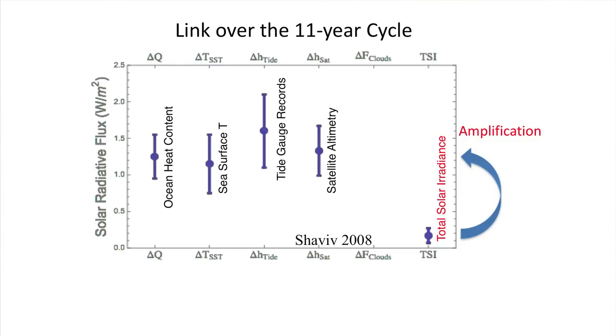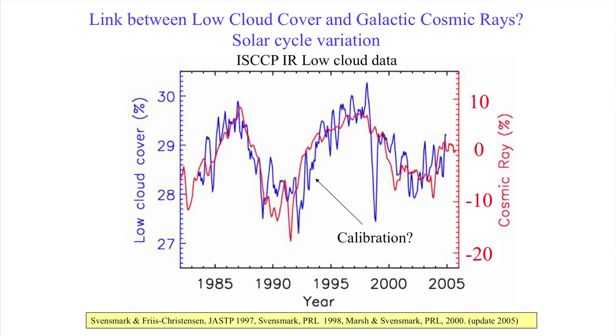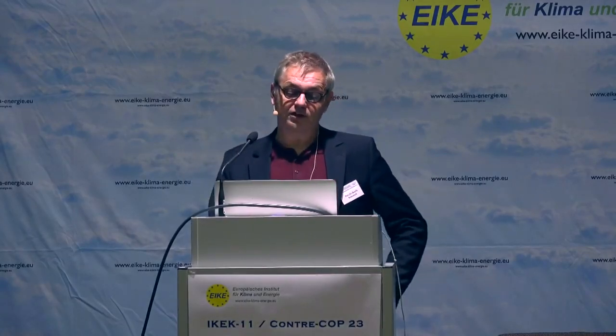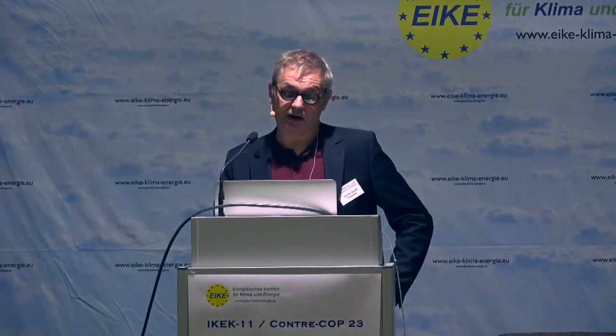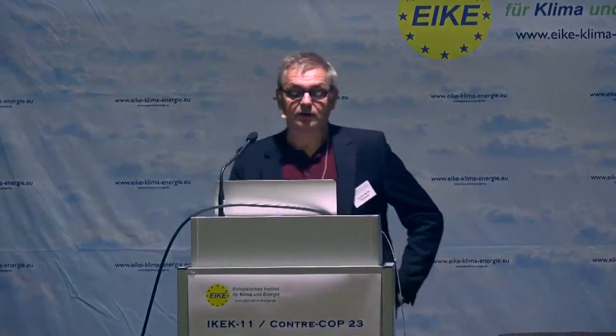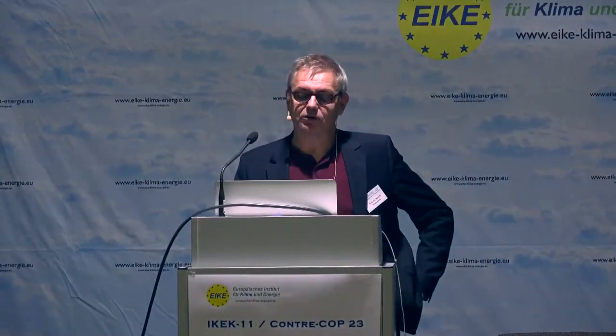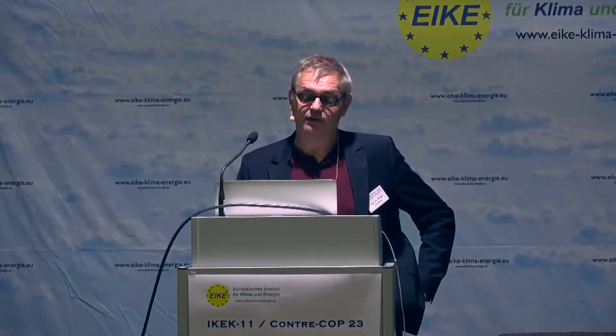And I should say that it's not just from this curve that we have these variations. I will show you later that we can also see on short terms that we have a connection between cosmic rays and the cloud cover. So the obvious question is, why should cosmic rays affect clouds? And it turns out that in order to have a cloud droplet, you have to have an aerosol in the Earth's atmosphere, because the water vapor needs a surface to condense on.